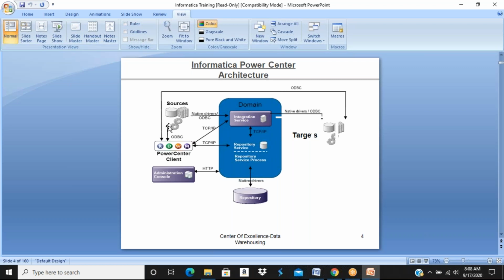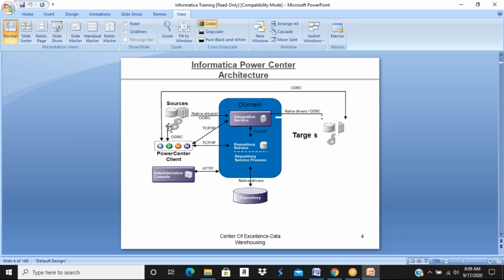ODBC connections, open database connections, which are created at the Mapping Designer level, are used to import source and target table structures. The relational connections, which are created at the Workflow Manager level, are used to extract the data and load the data. I hope you understand the difference between ODBC connections and relational connections.